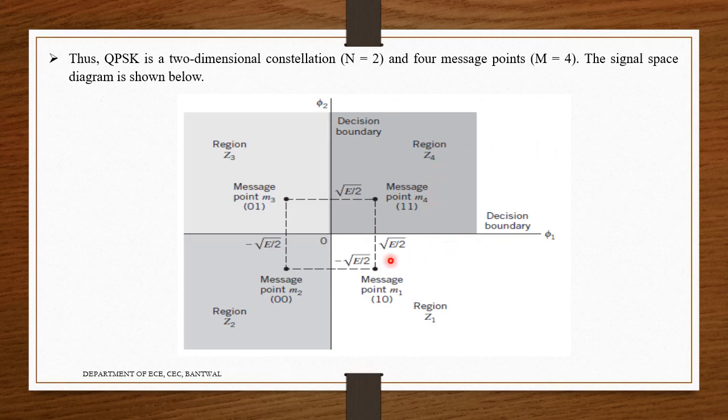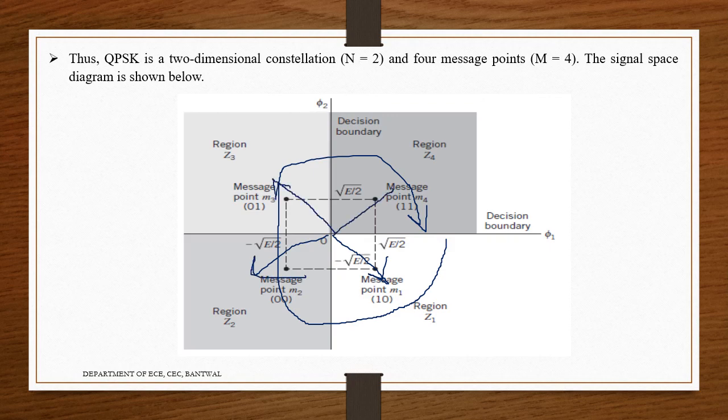Okay. So you can see it here. As I'm going in this manner, you can observe it here. I'm going in this manner here. So from here, this is 45 degrees, that is pi by 4. This is 3 pi by 4. This is 5 pi by 4. This is 7 pi by 4. I'm going in this direction.